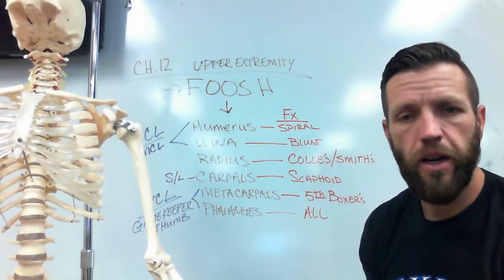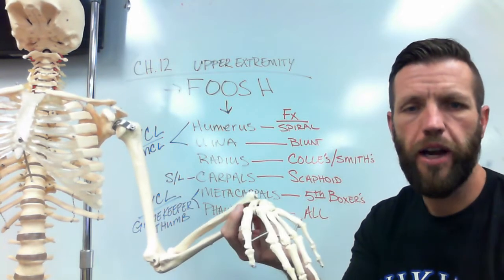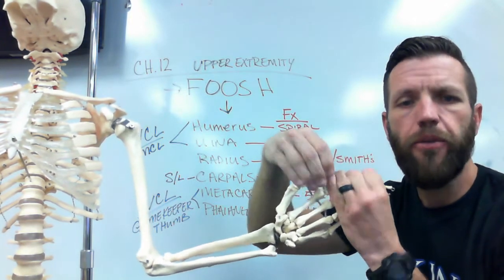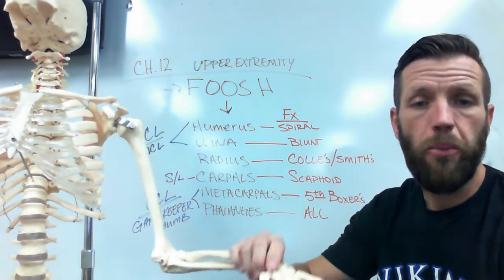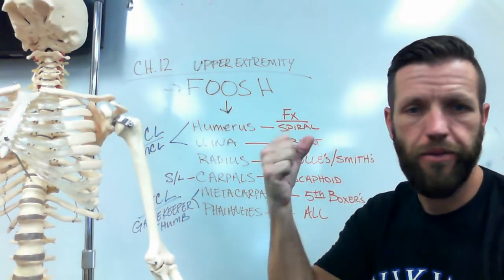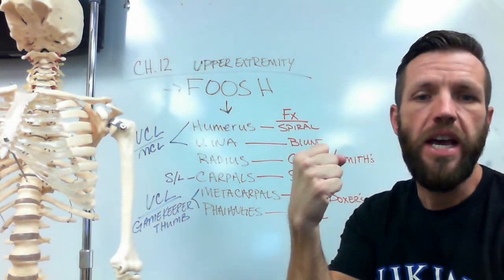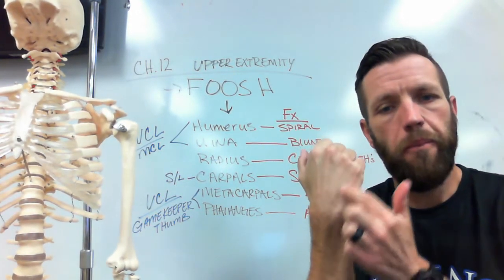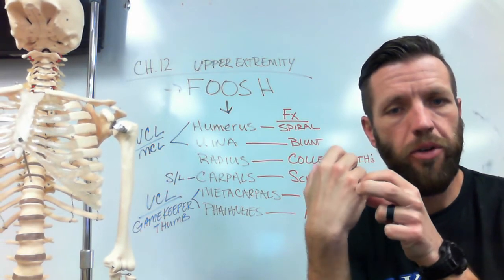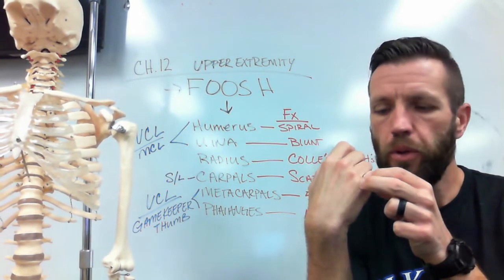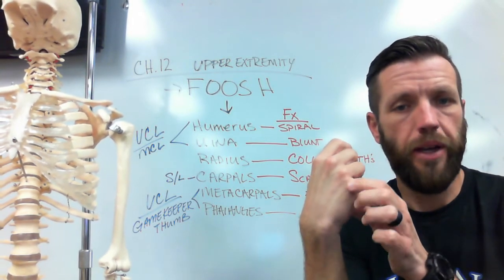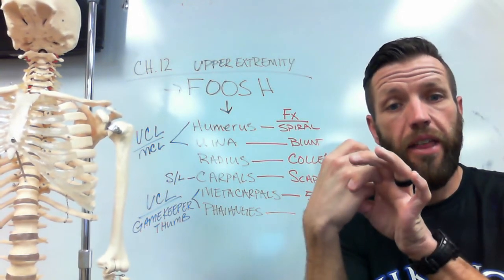Next on our list are metacarpals. Metacarpals become fractured, and remember, those are the bones of the hand right here. And they become fractured from FOOSH, but the one that I want to point out, as I have written here behind me, is the boxer's fracture. Now, that's you taking your hand and you punch something, and what happens is this metacarpal right here, the fifth metacarpal, has some pliability to it, and you can kind of wiggle your own right there, and you can see how I'm moving mine. Well, at the end of that, pliability becomes a stopping point